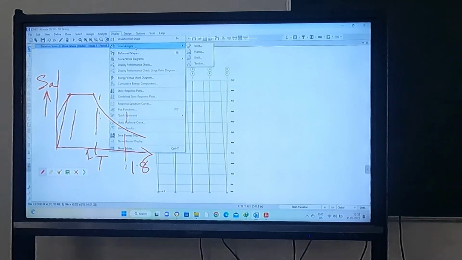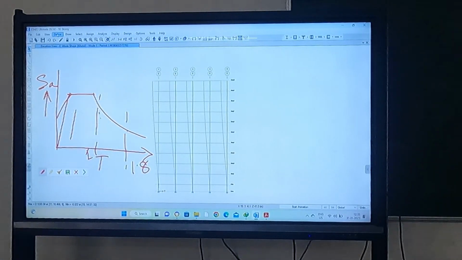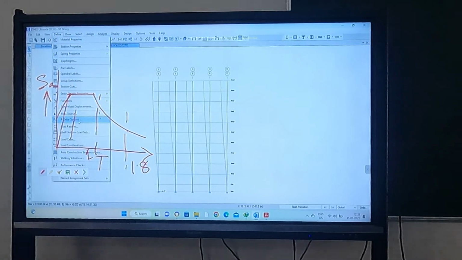But suppose you have not checked and you proceed further, doing all the analysis and design, but later on you come to know that these parameters are not satisfying the code criteria. So you have to go back and do all the things again. So one by one you have to check. Your mode participation factor should be more than 90%. If you are not getting it in one mode, that is fine, but whatever total modes you are taking, in combination of all those, you have to get at least 90%. Yesterday I didn't tell how to set the mode numbers also, so we will see that now.